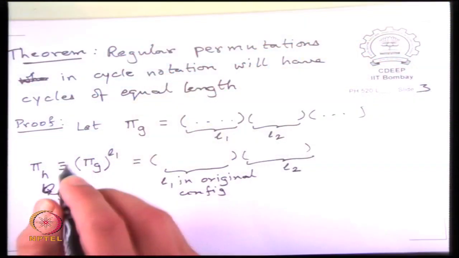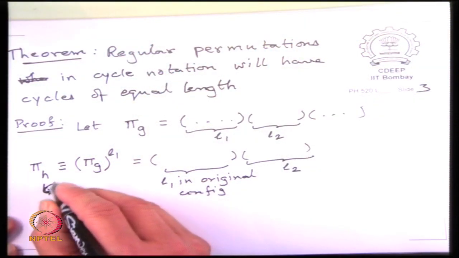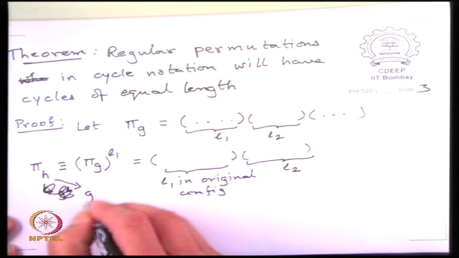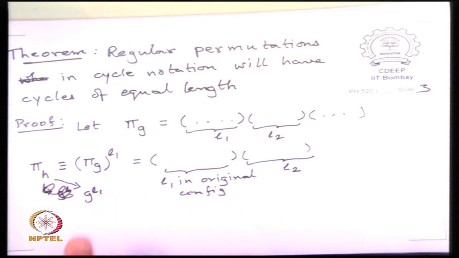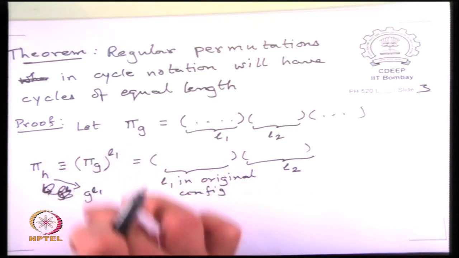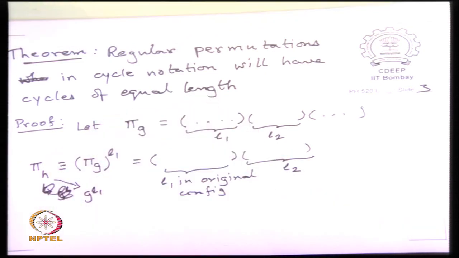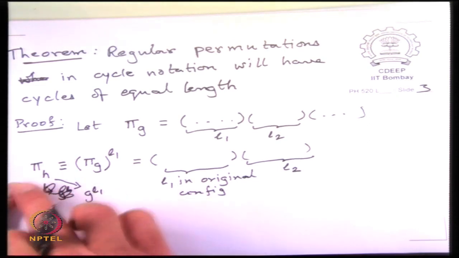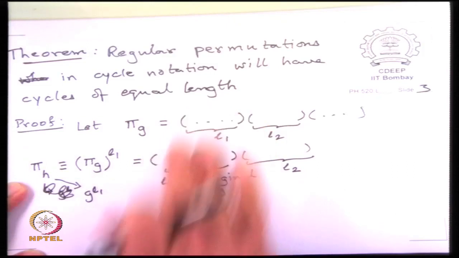So it will be represented by pi G to the power L, right, it would be G to the power L1. So this is G to the power L1. Therefore, in the pi representation it will be represented by pi G to the power L1 because of the homomorphism multiplication property, right. So you understand that then these two elements pi G and pi H will share one cycle but not share the other cycles, but